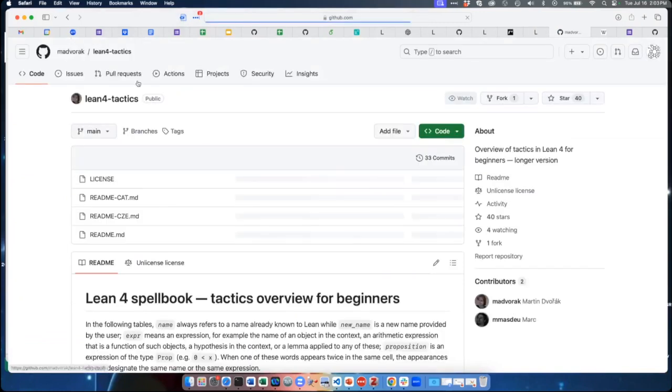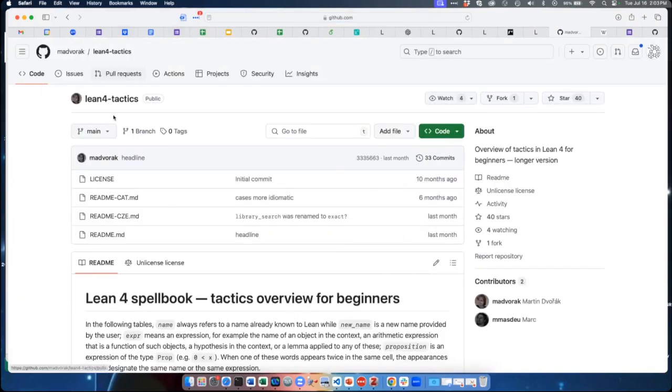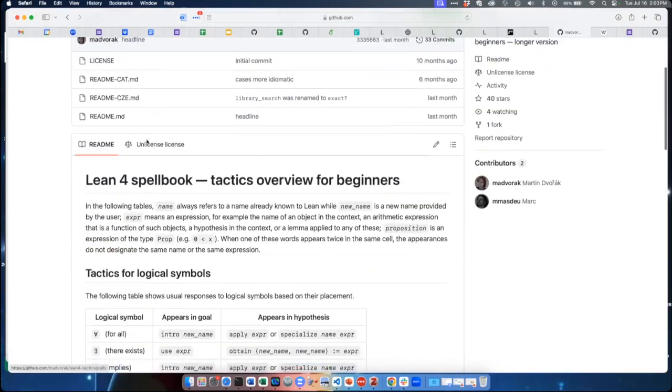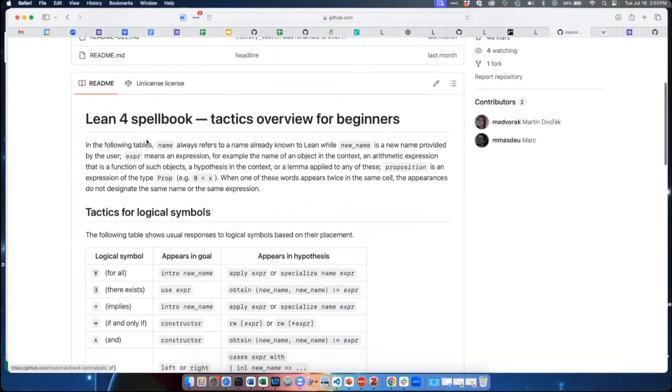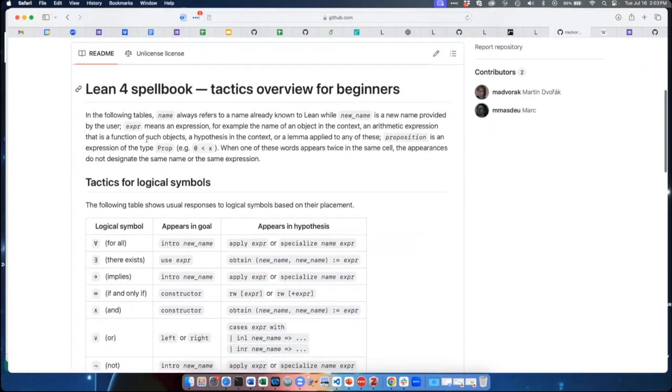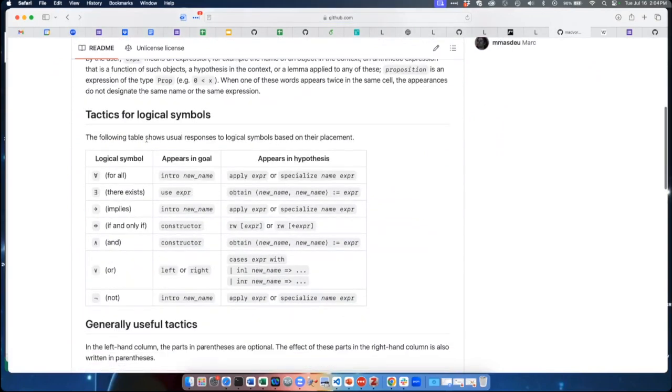So here's the one from, is it Martin Dvorak, who's very active in the Lean community, made this. He calls it a spell book, which I love. Like, here's a bunch of things. These are magic spells of sorts. You use them in different circumstances to do different things. And it starts with a helpful